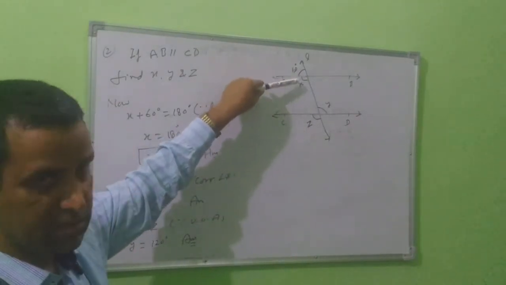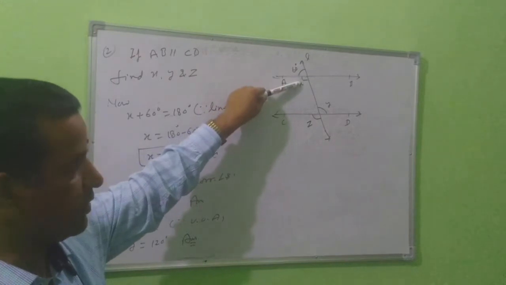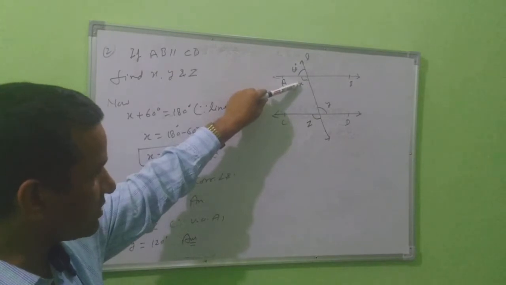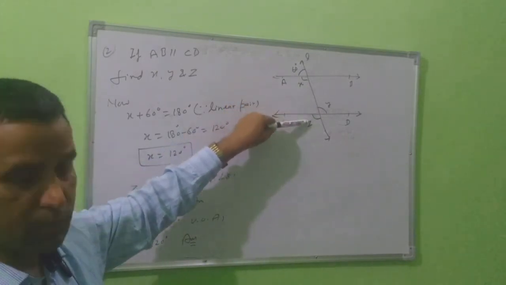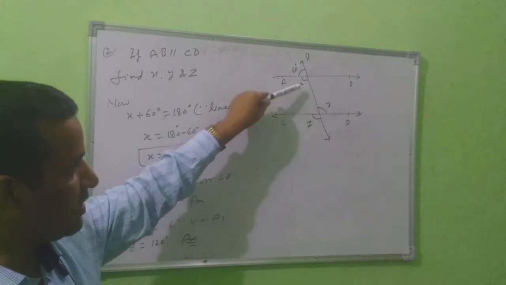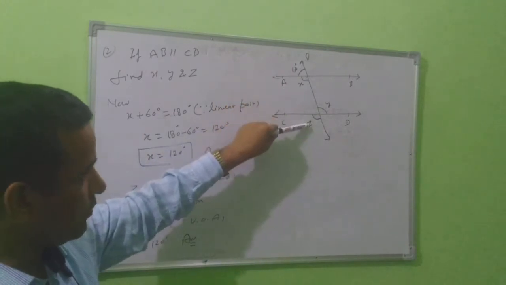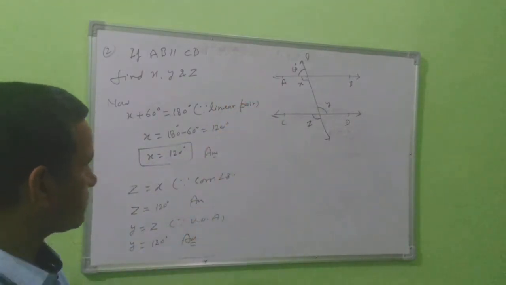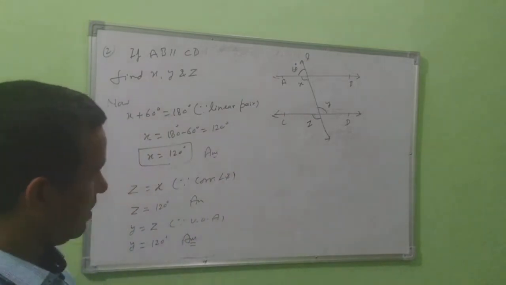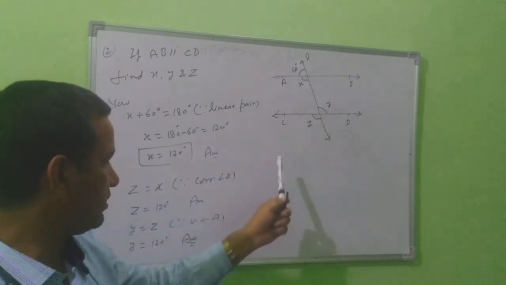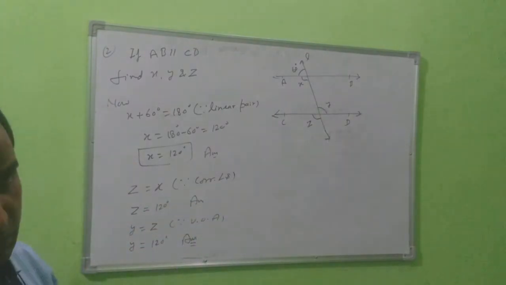First of all, use this relation here. These two angles form a linear pair. With the help of the linear pair, you find the value of x. After that, using the relation of x and z, what is the relation of x and z here? They are corresponding angles. Then, using the corresponding angles, and after that using the y and z relation, which is vertically opposite angles, you get the value of y. According to this, you can find all the values. Yes, note down the next part.